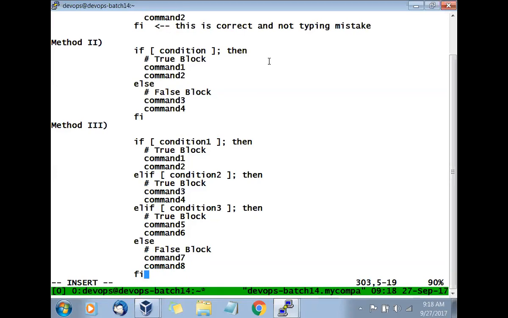And third is for many true and one false. Okay, so you can go along with that. So done writing? Okay, we'll wait.